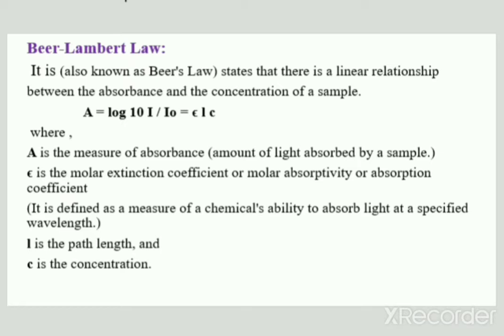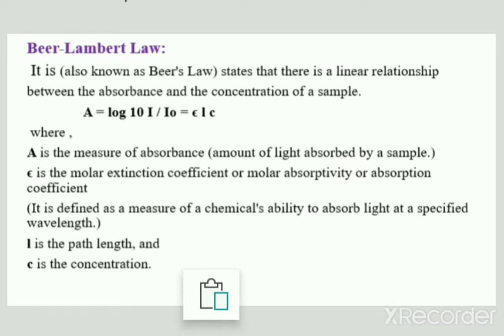So another definition is that it is used to measure how strongly a chemical species or substance absorbs light at a particular wavelength. Suppose you are given a specific wavelength, how strongly that chemical species or substance absorbs light at that wavelength, that term is called the molar extinction coefficient. So it is an intrinsic property of a chemical species that is only dependent upon the chemical composition and the structure of that sample.